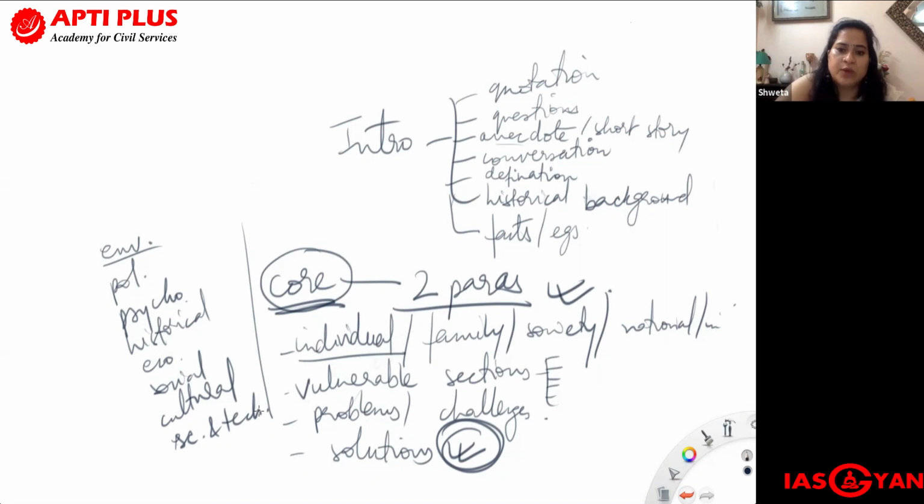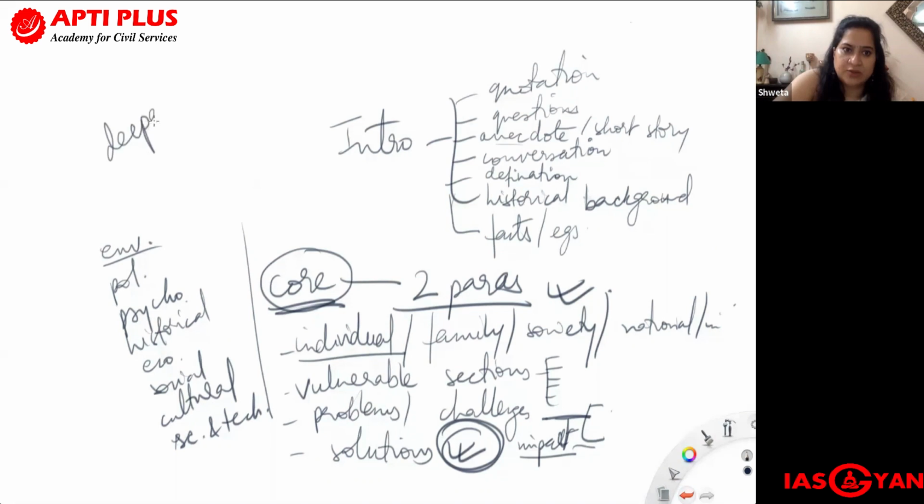So in the problems and challenges which I had said, along with that, I would also say that if the topic has a scope of impact, the impact can be positive or negative. So you can think from that perspective as well. And always, always remember to bring in some deeper insight.